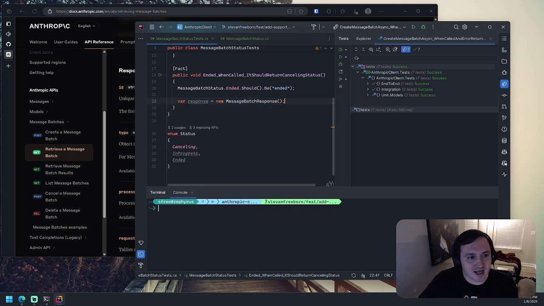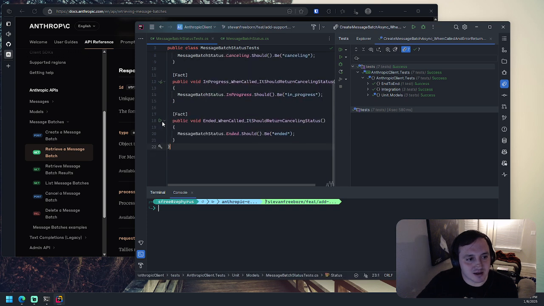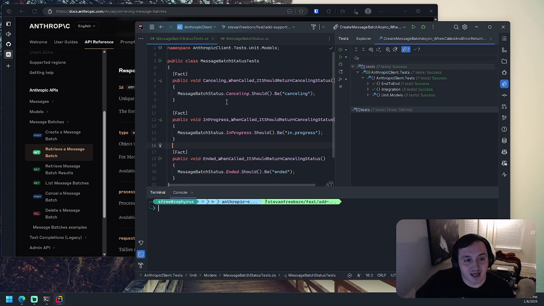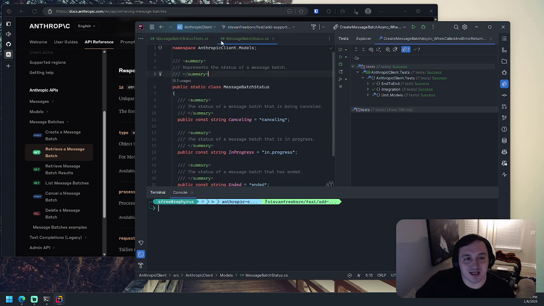I can't remember. I thought that's why I had decided to do these static constant classes. There must have been another reason. For whatever reason, when I started writing the SDK, I said... it's one of those funny things, right? When you're writing code, you can't remember why you made some of the choices you made, but one of the choices I made was I just didn't use a lot of enums in the project, and so I've just stuck with that. I guess it is kind of nice. It's much easier to deal with strings when you're deserializing. I think system.text.json has a built-in enum string converter, but